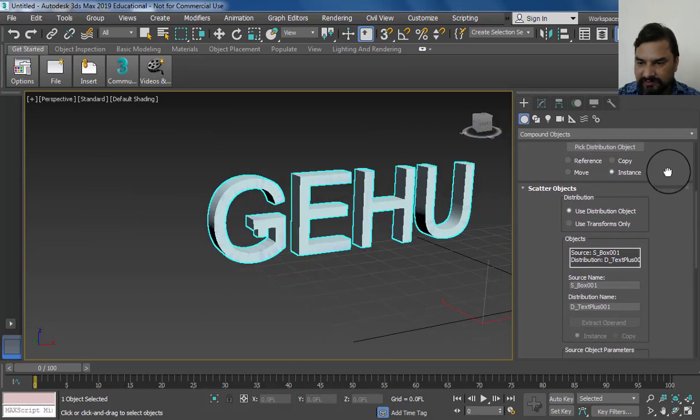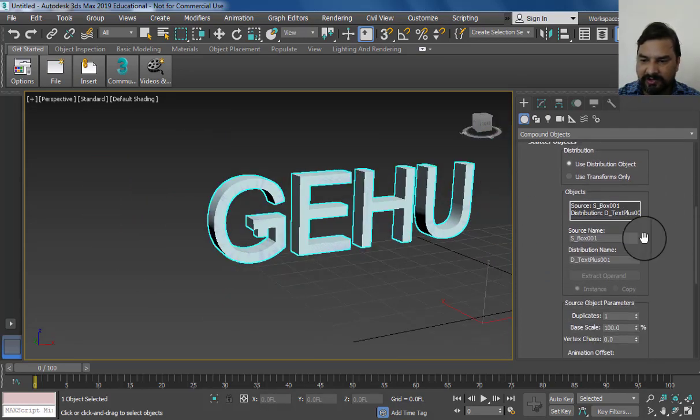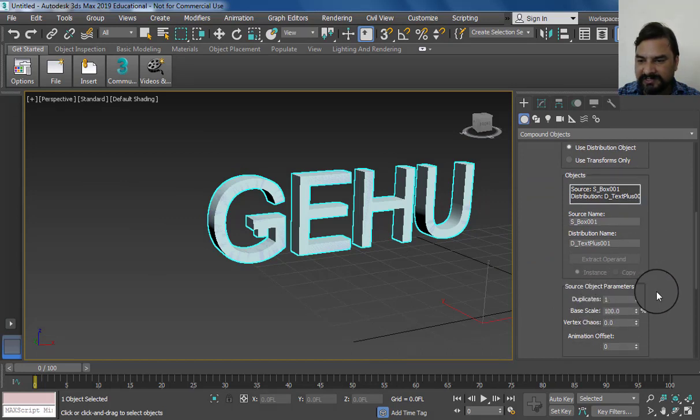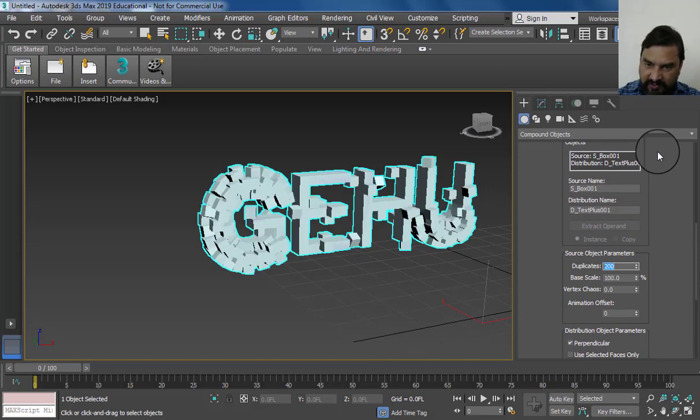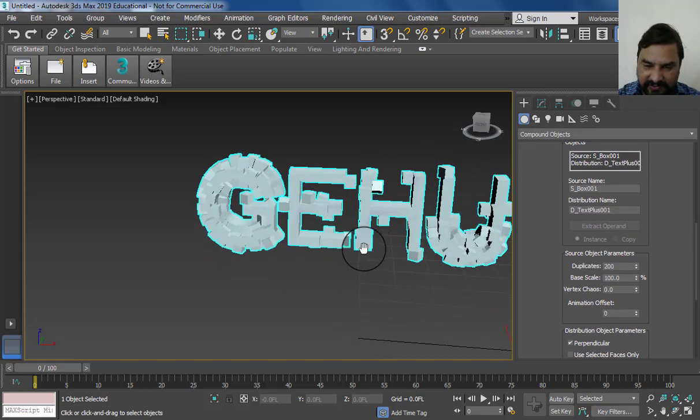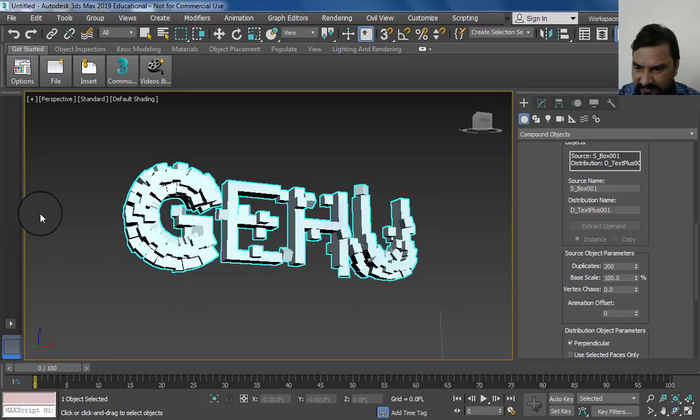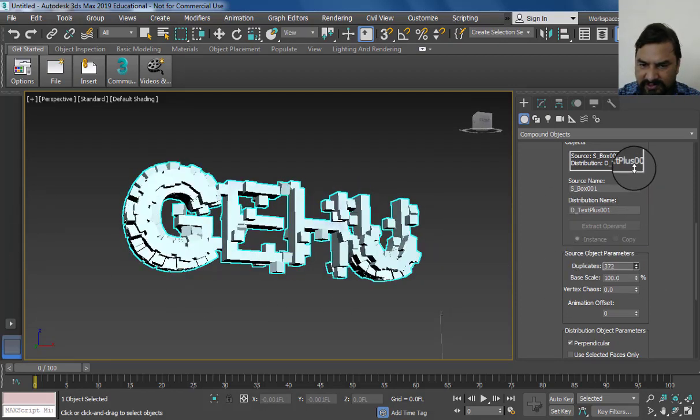Then go down the menu to Source Object Parameters. We can increase the number of source objects around the box, we can use 200, or more than 200.